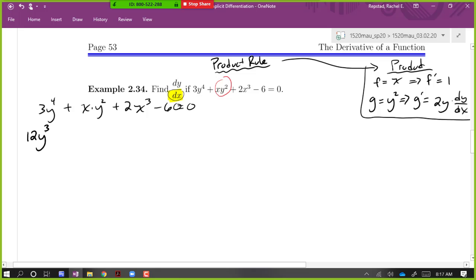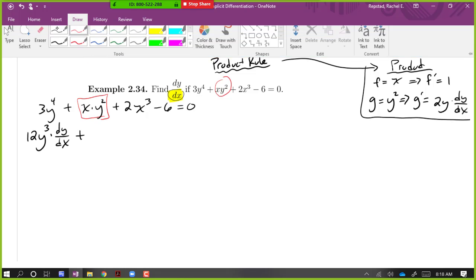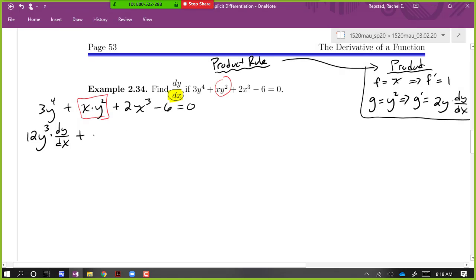What else do we need? dy dx, because that's a y term and we're respecting x. Now we're at this product, and we already did this work on the side, so we're going to put together g times f prime, that's y squared times 1, plus f times g prime, so that's x times